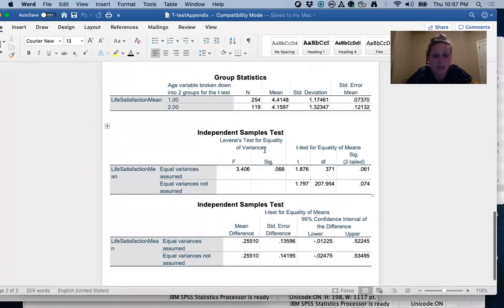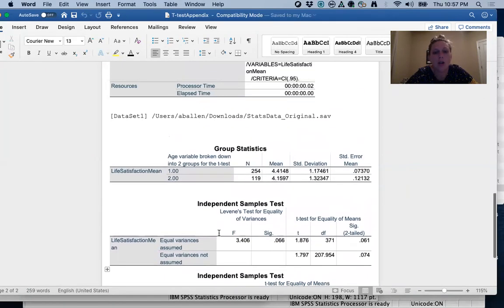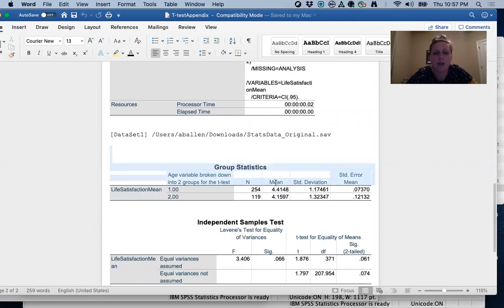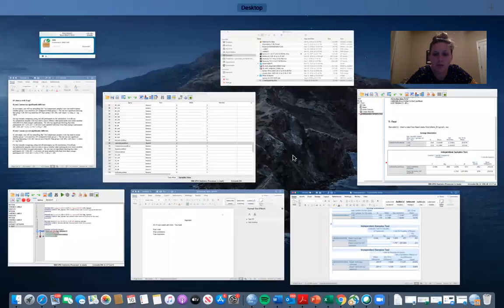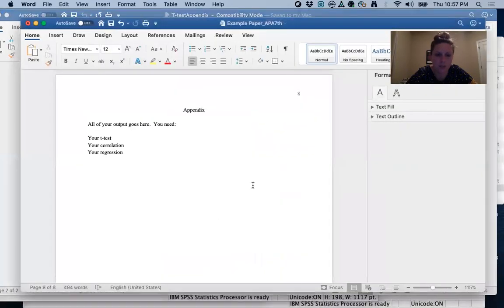But you see here the independent samples t-test box was really long, and now it just breaks it down into two kind of rows, which is fine. Okay, so all you really have to have in your paper is the group statistics and the independent samples t-test stuff. So I'm going to copy all of that, and I'm going to come over to my example paper, and